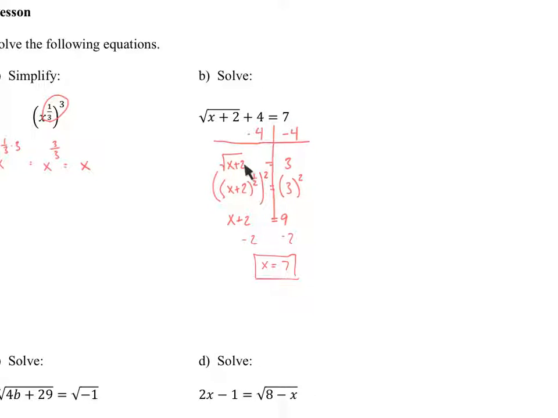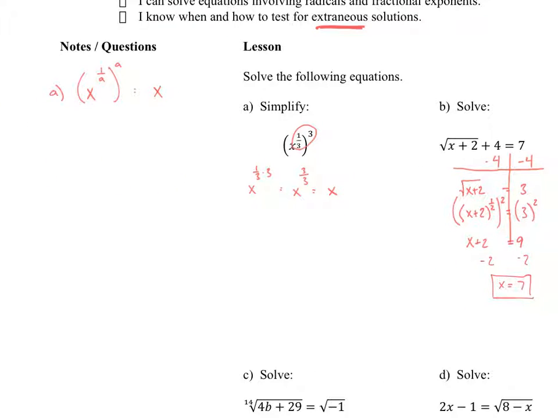So the key to getting rid of this radical is recognizing that the square root of x plus 2 is the same as x plus 2 to the 1/2. And to get rid of that, we can square it. We just have to remember that we have to square both sides. All right? So the note that I might make for B here,